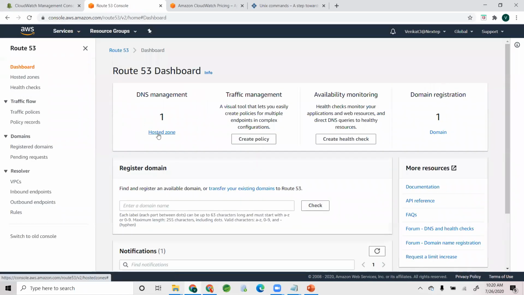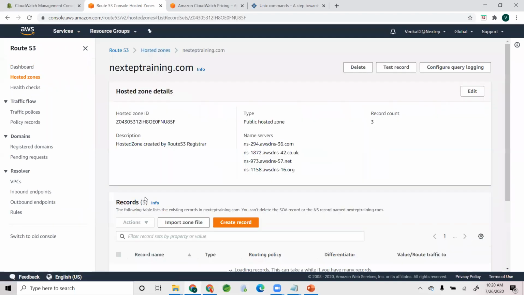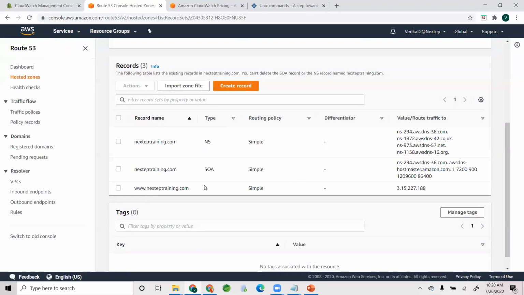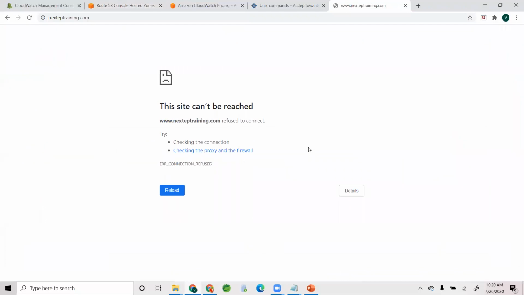Your DNS is still giving the old IP address. Okay. This is still giving you the old IP. Your A record is still pointing to this 3.15.227.188. That means your nextsteptraining.com should not work and will not work, because when my computer asked, hey, give me